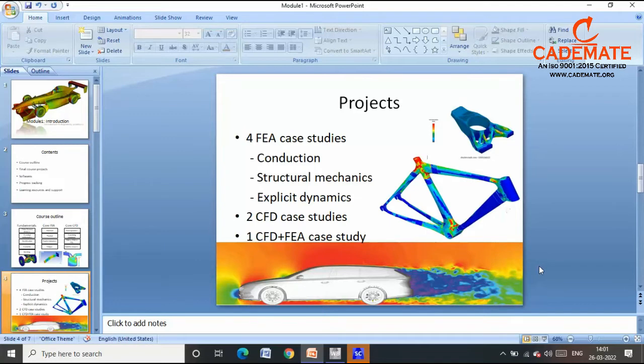This course also involves the learning of industrial practice, so it is a really interesting session. By undergoing these case studies, you will be learning about fundamentals of the simulations and what actually happens at the back end of the simulation. Whenever we learn about a simulation tool, we only get to know what the GUI of that tool is and what keys to press to simulate a problem. But by completing this course, you will be learning about fundamentals and what actually happens at the back end of the simulation. What are the governing equations and what modules to use in any simulation.